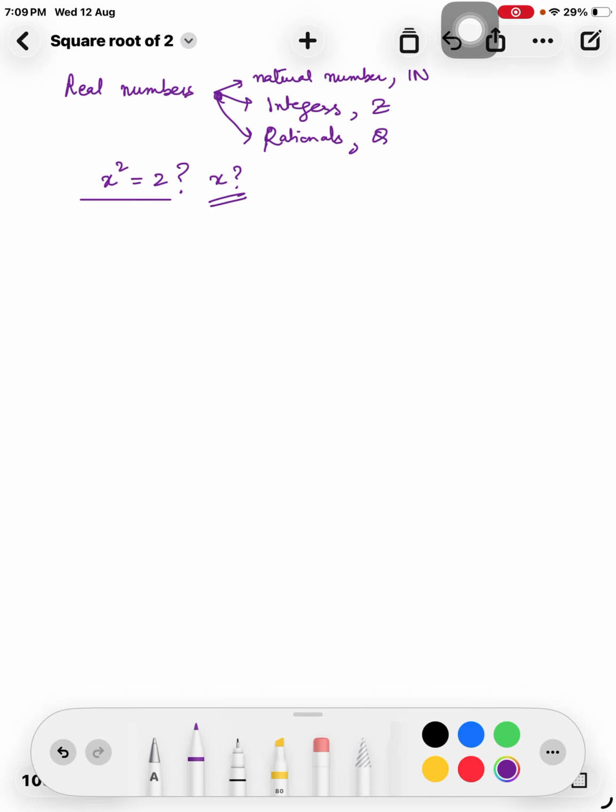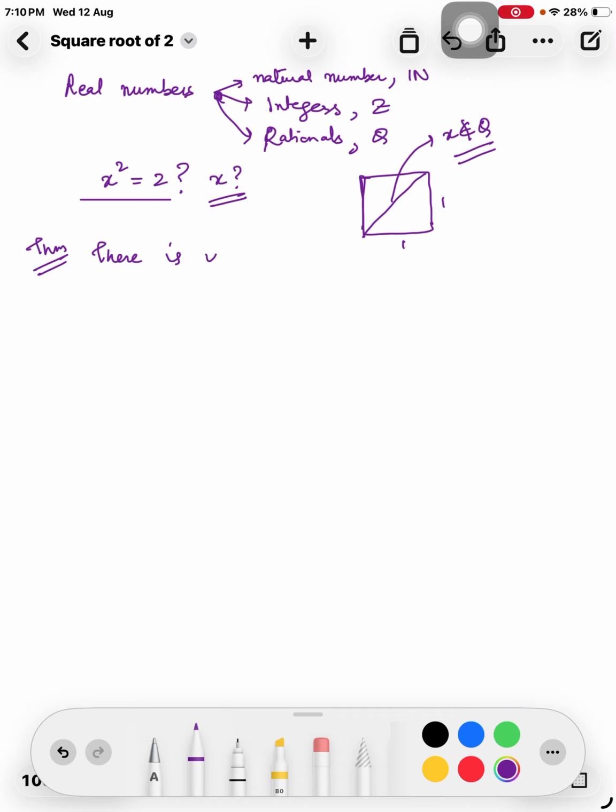In fact, this problem was identified by Pythagoras when he saw that if you construct a square of 1 unit, that means all the sides are of 1 unit length, then if you measure the diagonal, this is not represented by any rational number, right? So what x satisfies this, and this is what we are going to prove in the next result,